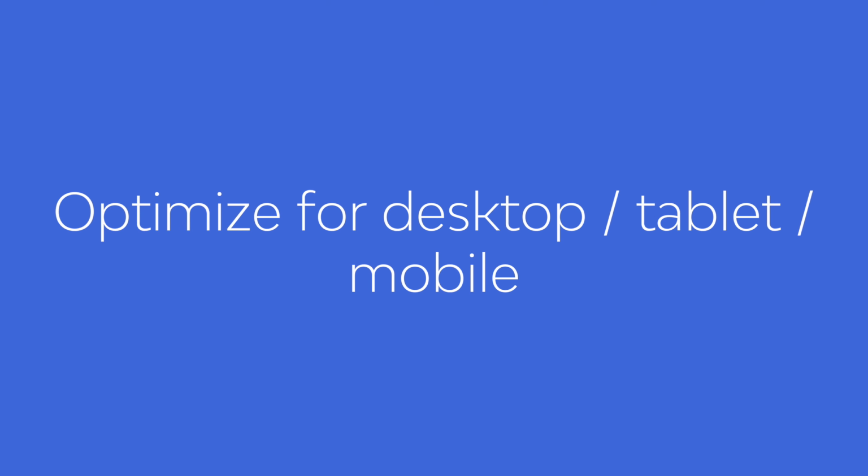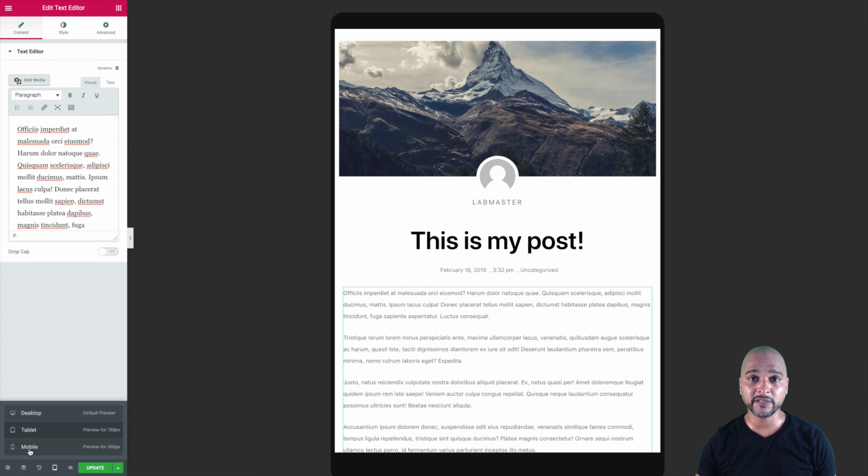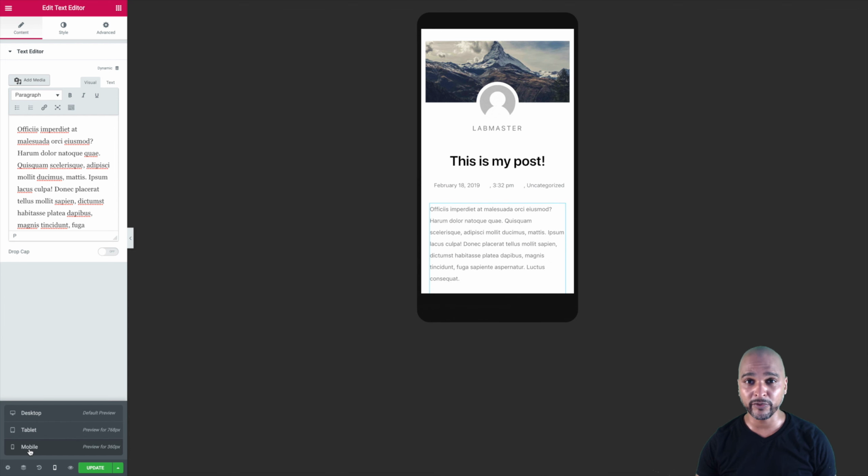Next, once your content is inserted, then make sure you optimize it for the tablet and for the smartphone view. Now, this is really important because, as you may know, most of the traffic on a website now is happening on mobile, about 55 to 60% at the time of recording this video. And for some customers, I've seen figures such as 80% on the mobile and 20% on desktop. So make sure you optimize it for the mobile, because